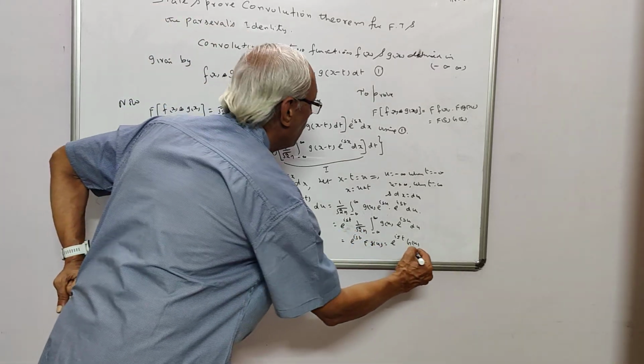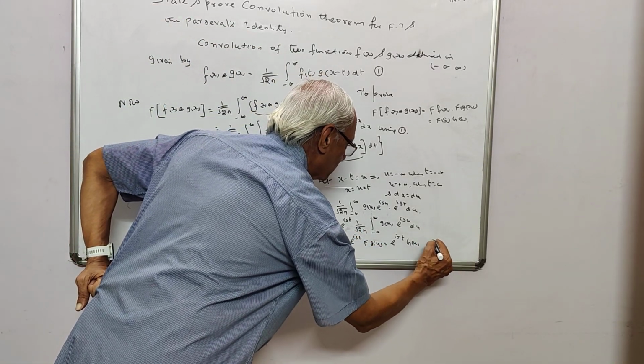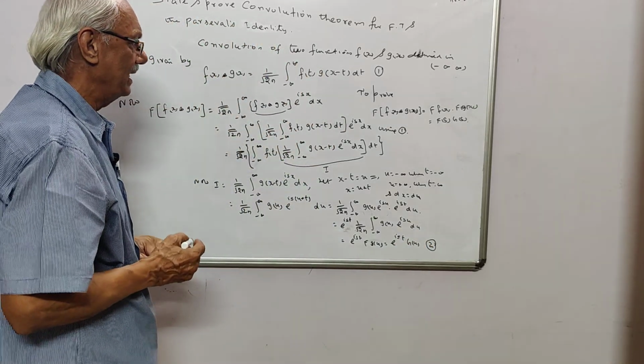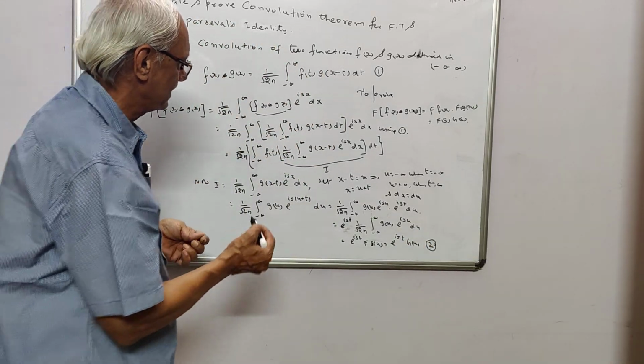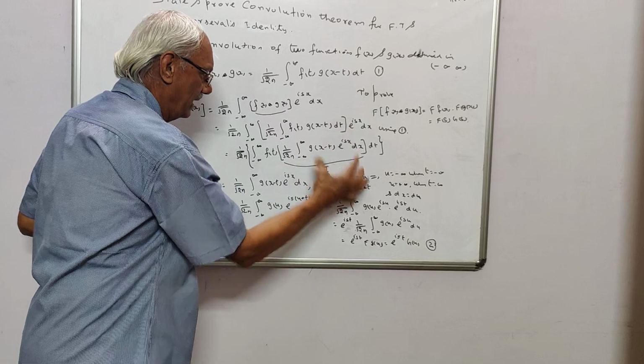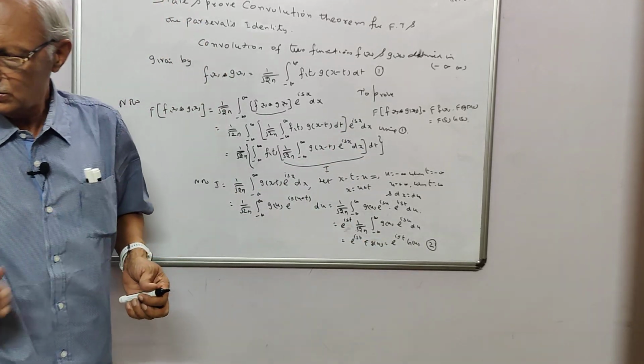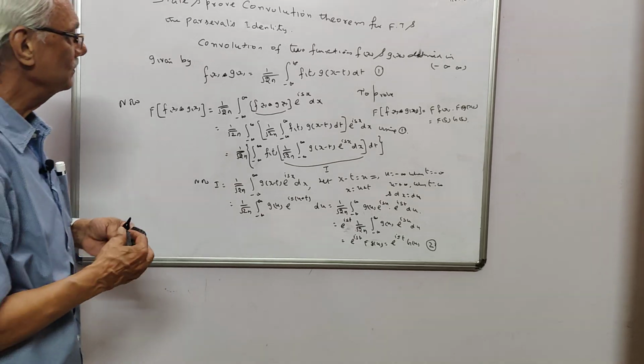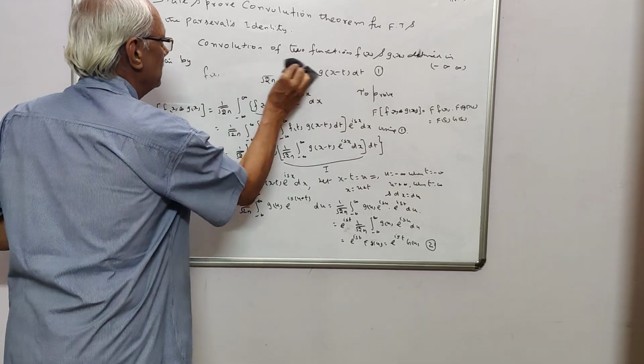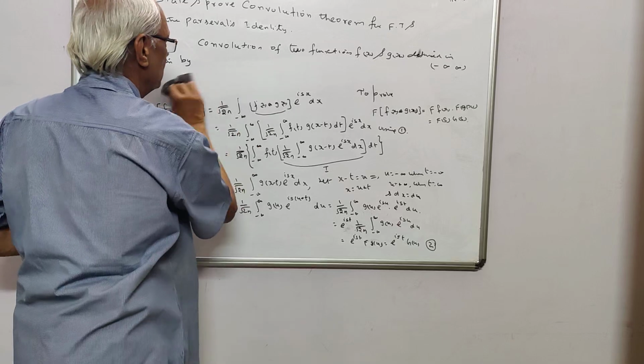So you see that I will call this result as 2. In the place of this I can substitute this 2. Can you understand what I am doing here? Therefore we get,